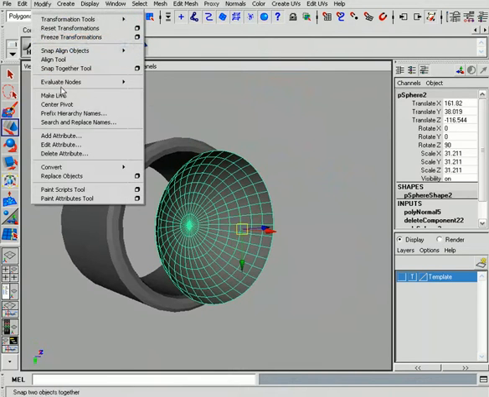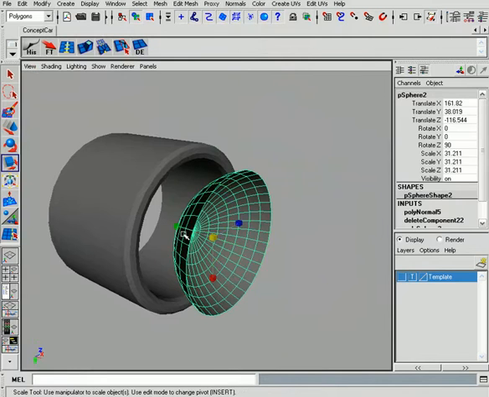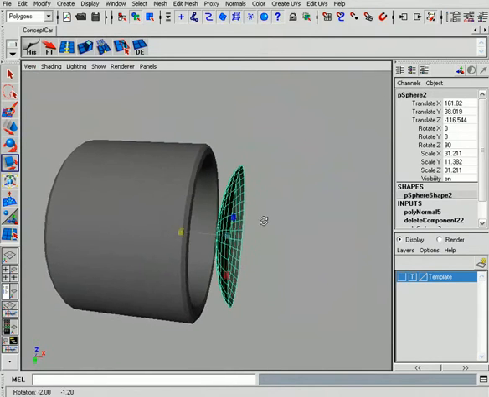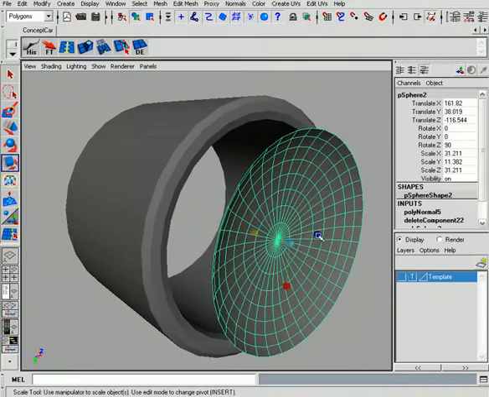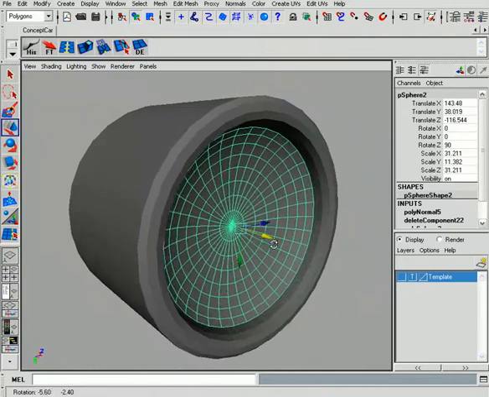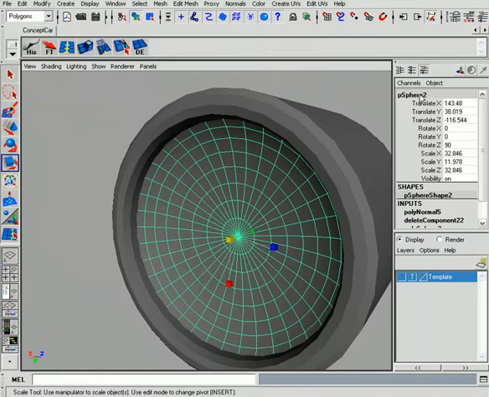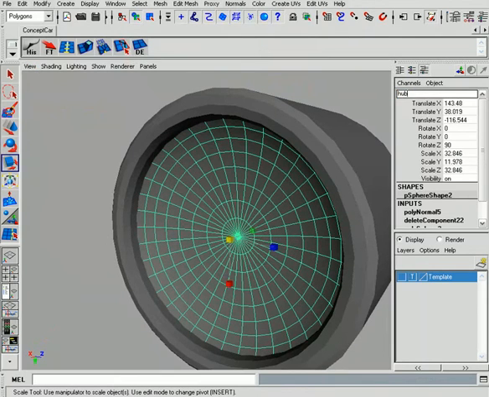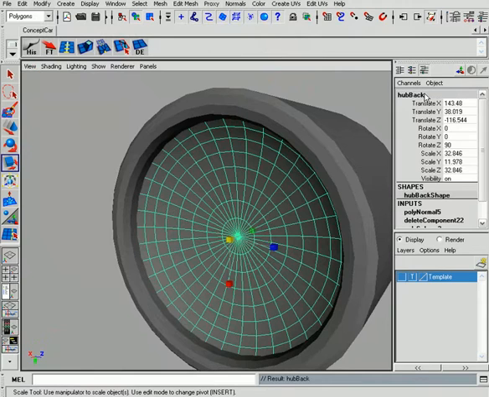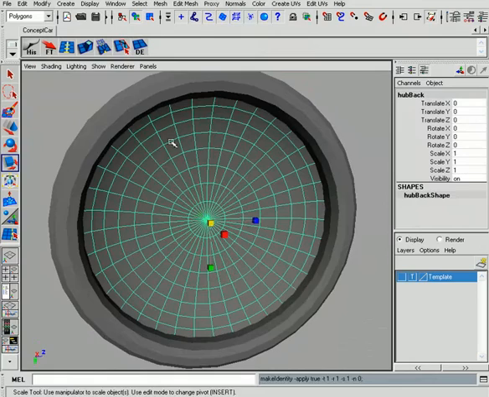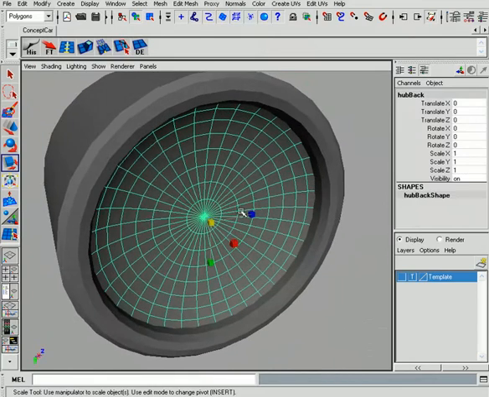We can center our pivot and scale this down. We get something a little bit nicer. Move that into our tire there. And this can be our hub back, the back of our hubcap. So call it something appropriate. Delete our history, freeze our transforms, and now we can duplicate this